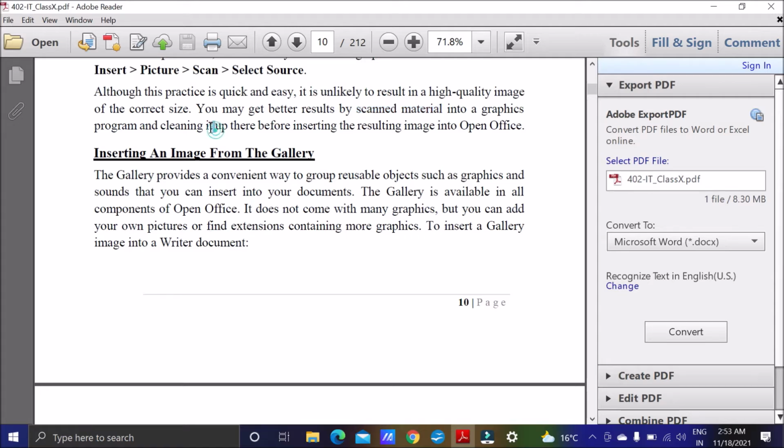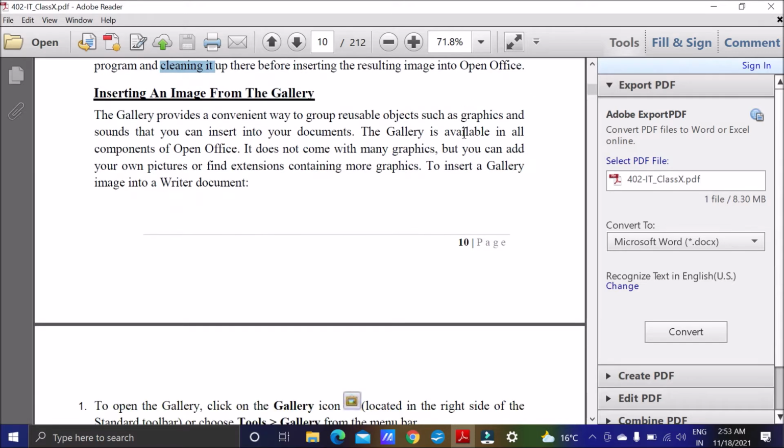Then you can clean it up, and then we can insert the resulting image into OpenOffice.